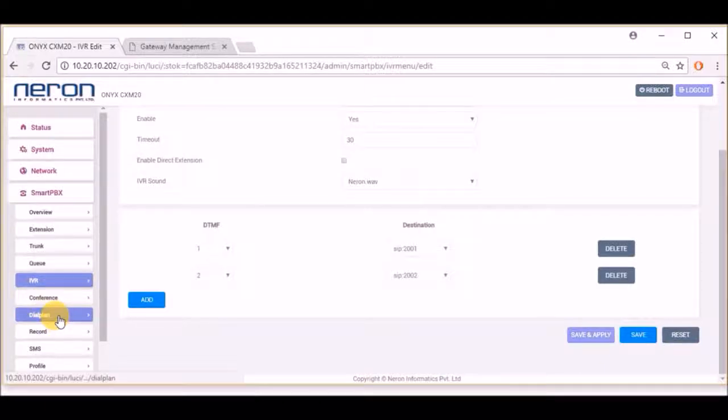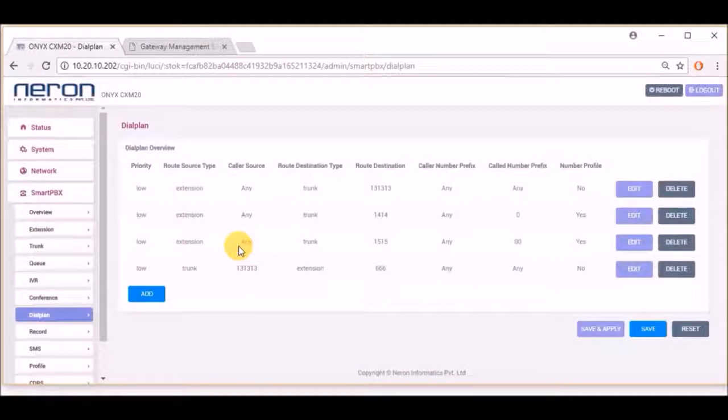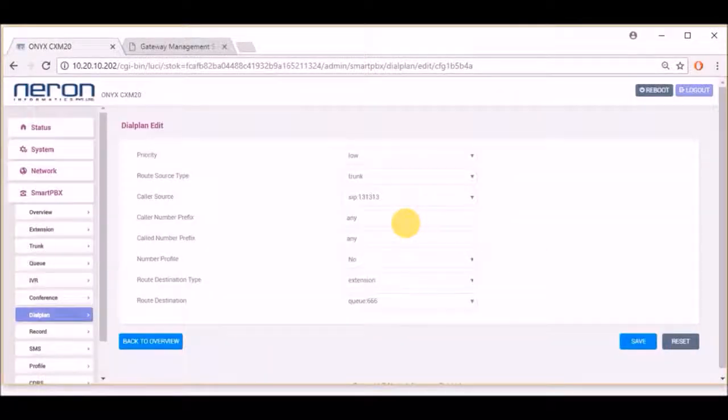So go to this, and as you can see, I have already created a dial plan for the queue number. So I'll edit this, and same, only I have to change the queue number, the route destination. So here I have to choose this IVR section, and the rest will be as it is. As you can see, the route source type will be the trunk, my GSM gateway.